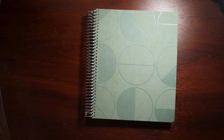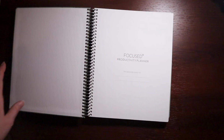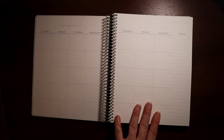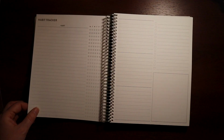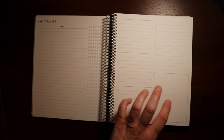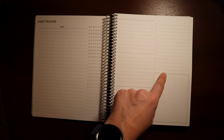The last few of these aren't really planners per se. This is the Erin Condren Companion Planner, and I use this mostly as a monthly brain dump. So it's got the calendar view here. Sometimes I fill it in, sometimes I don't. It's got a habit tracker here. This is a little bit different than last year. It's 3 sections and a to-do list and a blank box. Then you have 4 checklists, and